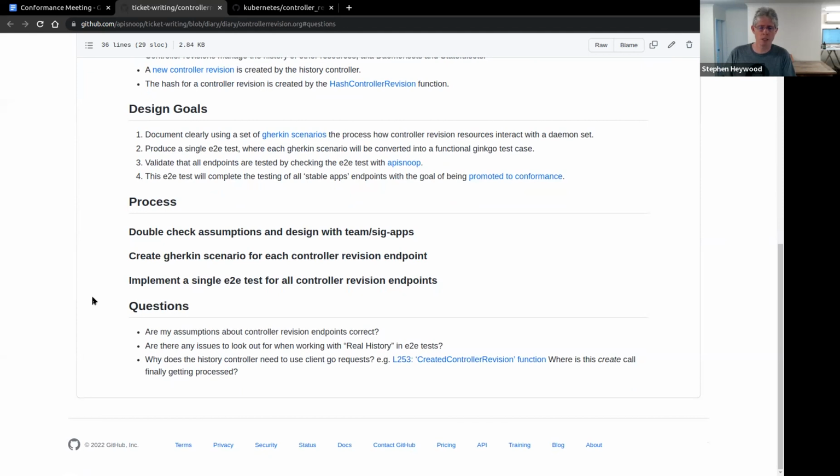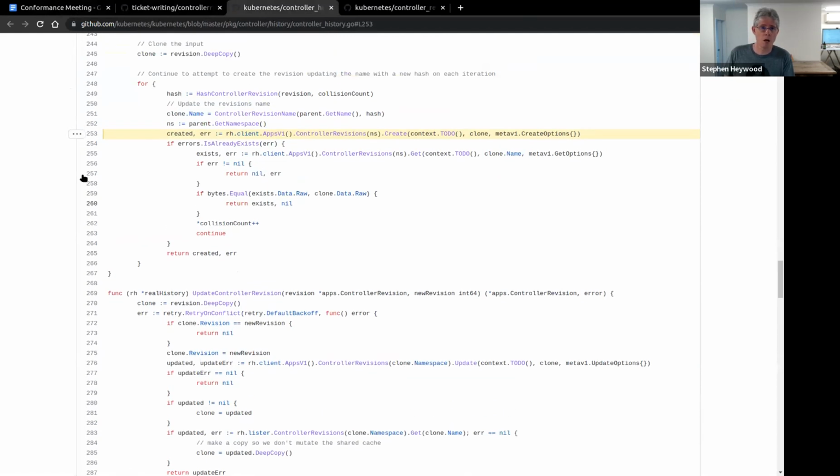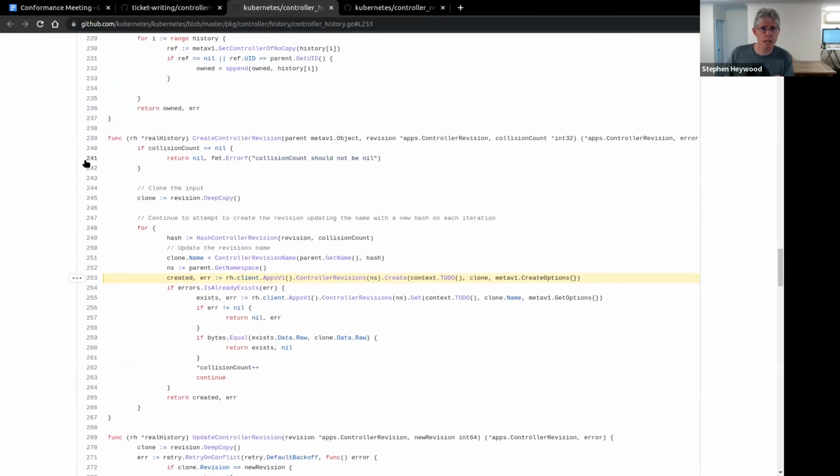Also, the existing integration tests are using a fake client, and for the E2E test, I believe I should be using the real history option for working with the controller revisions, and I'm just wondering how that could cause some potential issues. And if you look at that very last link on that page, yeah, that one there, line 235. I'm inside looking at one of the controller revisions. Sorry, if you scroll up just a fraction further to get the name